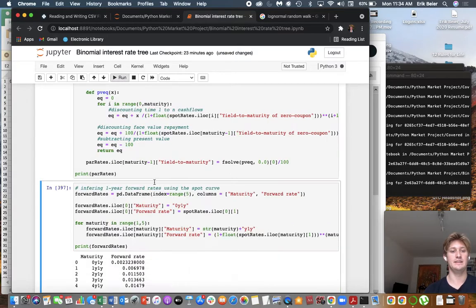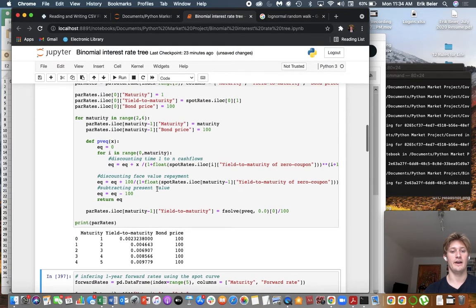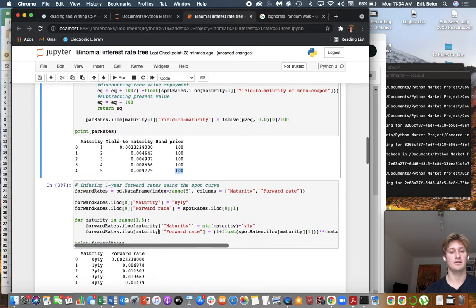And we can use these to get our par curve. These are the yield to maturities of bonds that trade at par. What this means is if we have a bond that has this coupon and matures in 5 years, it's going to trade at par. And now